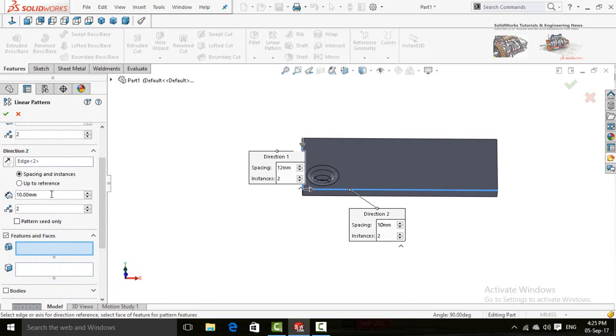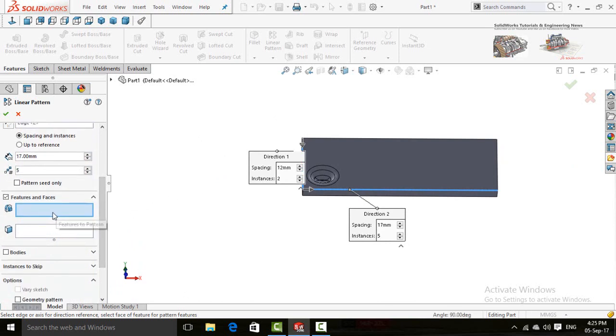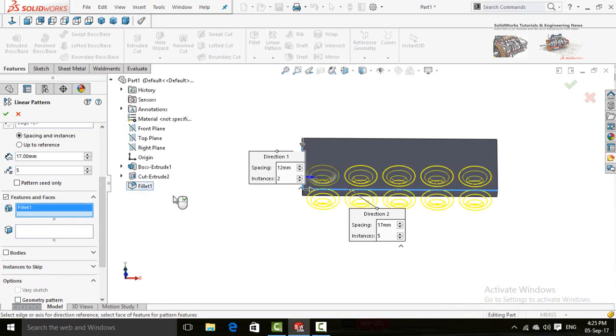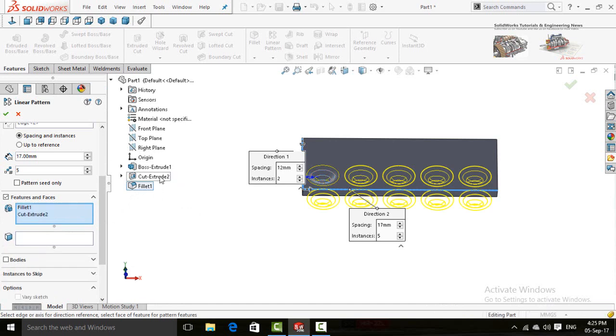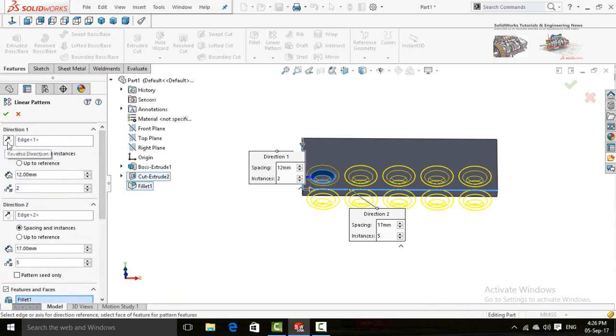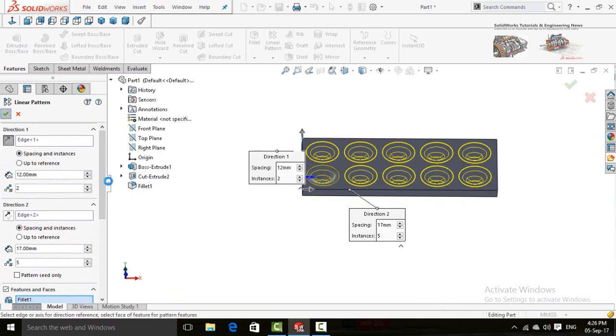For direction 2 the distance is 17 millimeters and instances are 5. Now click on this box features and faces and then drop down this arrow, select fillet and cut extrude 2. Reverse the direction 1 by clicking on this button, press OK button.